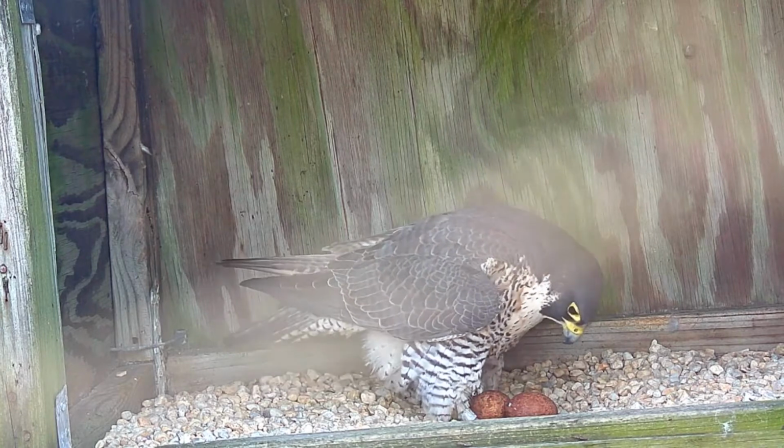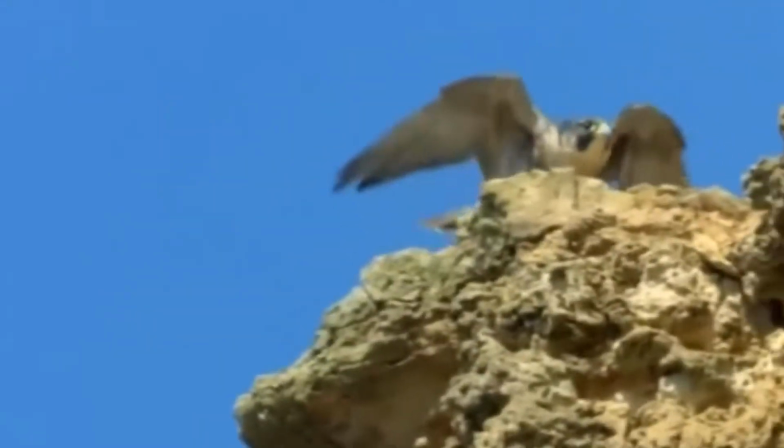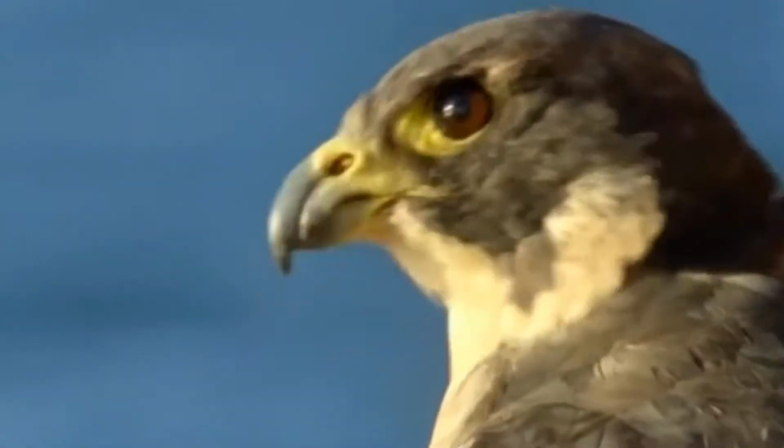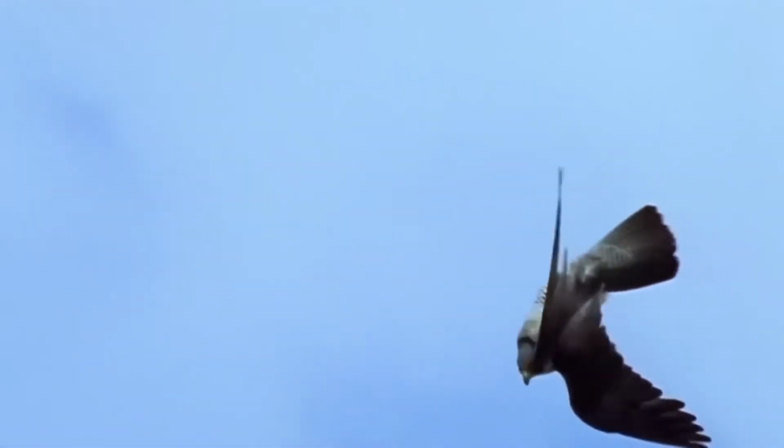Number 8. Peregrine falcon eggs. It's your fortune if you get to see the eggs of this species. Peregrine falcons are not only one of the most athletic birds, but also one of the fastest birds existing today, with a speed of 242 miles per hour. When it comes to taking flight, their speed declines and it's the only moment when you can get a perfect picture of them. Otherwise, if they are heading down to the earth, they are the fastest diving birds